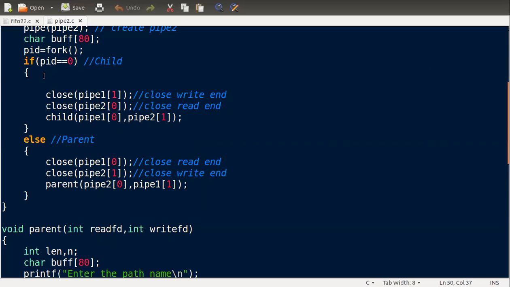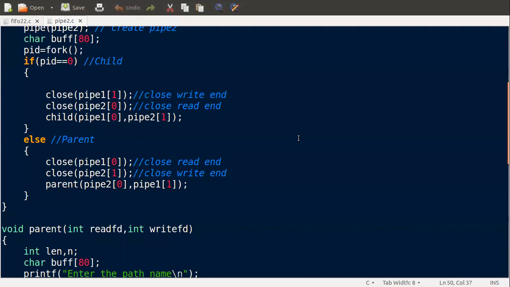Then pipe 1 is read by the child process, by the read end obviously. It reads the contents of the actual file and puts them in the write end of pipe 2, then the parent again reads the content of pipe 2. So the one end which is required by the process is open, and the other is closed, for both the parent and the child processes. This is how the communication takes place between the parent and child processes.